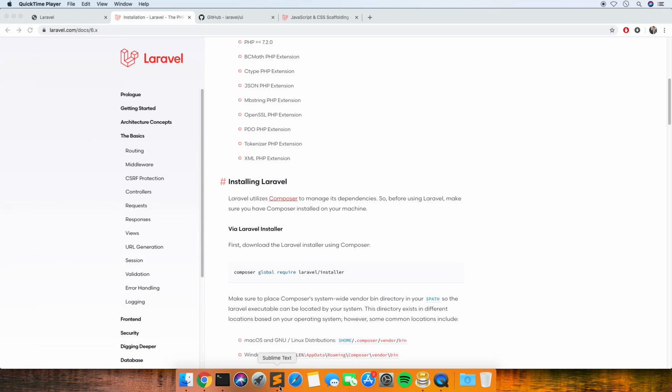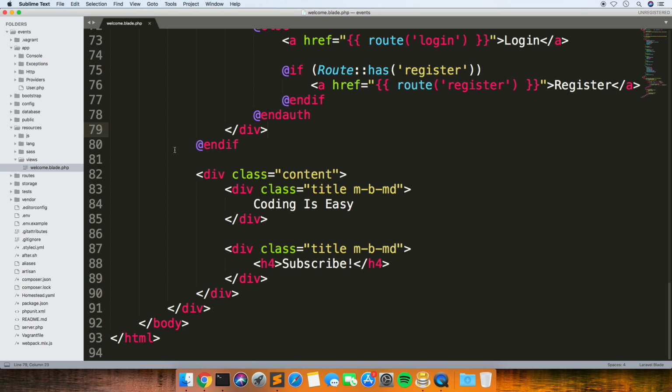So what I've got to start with is literally just a blank Laravel project, Laravel 6, which I've just installed using Composer and then using Vagrant and VirtualBox to run it on Homestead. And if anybody wants me to do a video on how to get it up and running quickly using those things, then I'd be happy to do it. Just let me know in the comments.